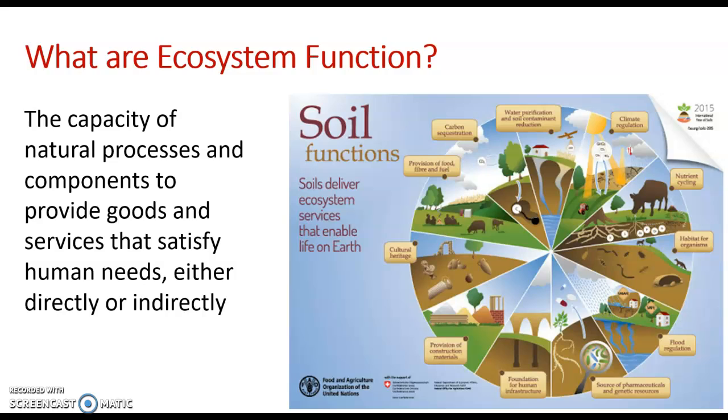This is a topic near and dear to my heart because when I was researching restoration ecology, these were some of the metrics that I used. I looked specifically at prairies, so I was looking at things like carbon sequestration. That's one example of an ecosystem function that a prairie habitat happened to be very good at: taking carbon from the environment and storing it in the soil, one of those mechanisms of storage that we talked about. And then we have disrupted that carbon cycle somewhat by the process of combustion and burning fossil fuels.